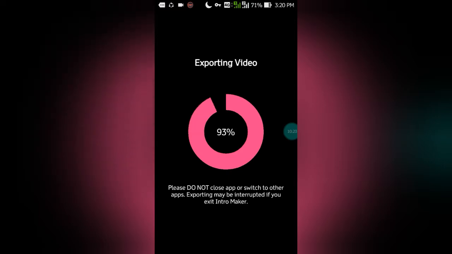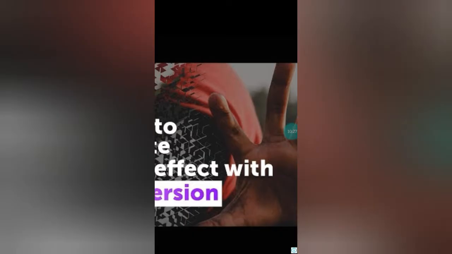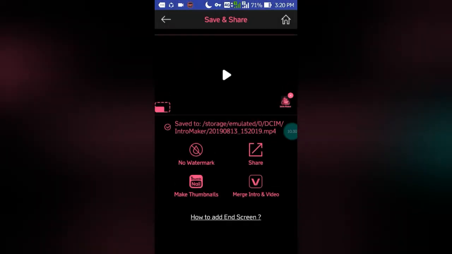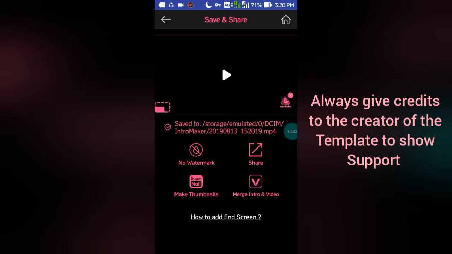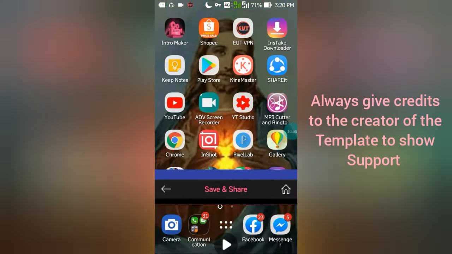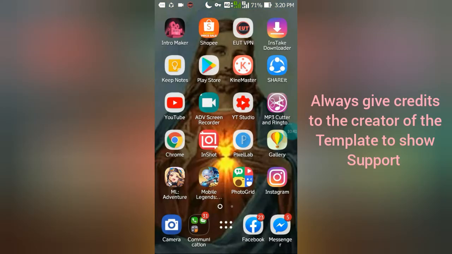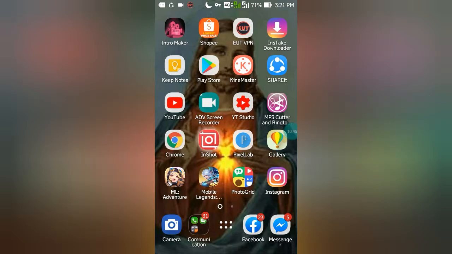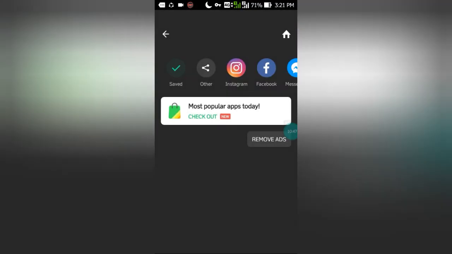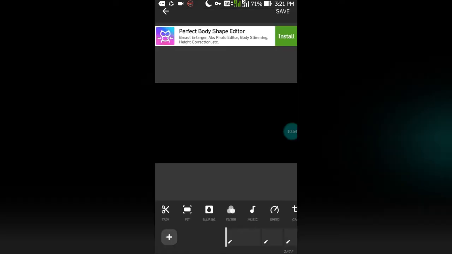Meron akong app na ginagamit to finalize all my edits, and the app is called Inshot. It is also free in App Store and Play Store, so you can use it. You can use your iPhone also with this app. So, ito yung Inshot. Ito yung main app ko for editing. And the good thing about this app is that,